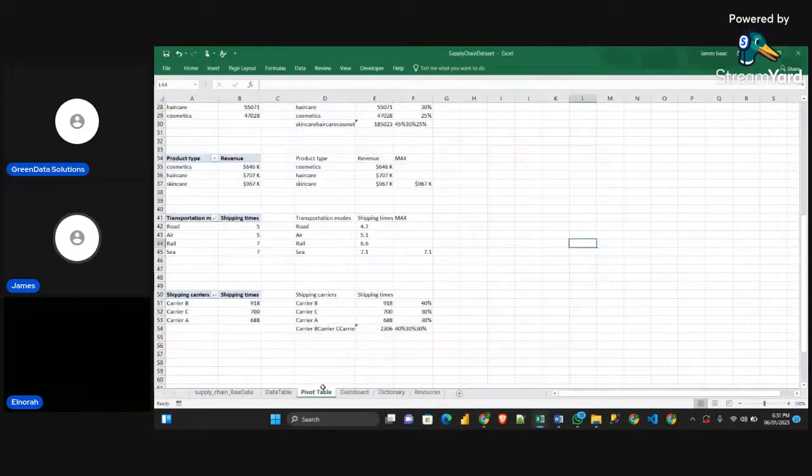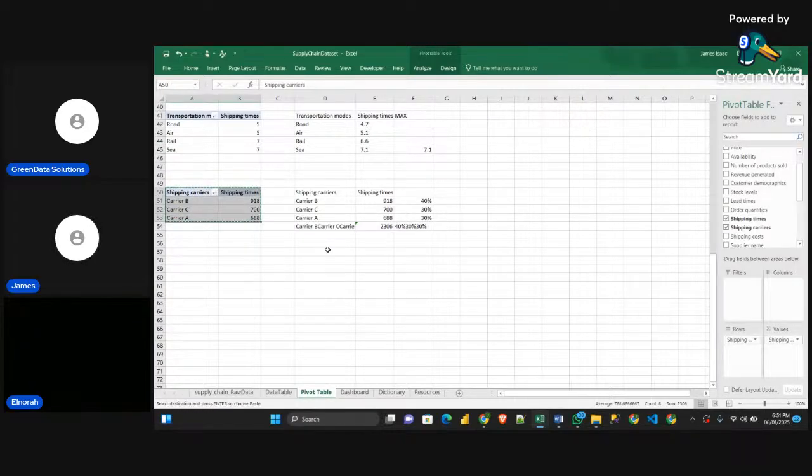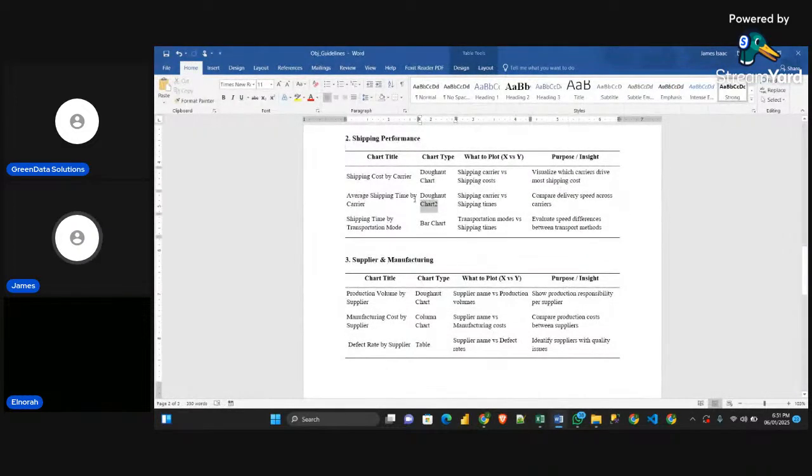Okay. So let's go to the pivot table now. Let's click on this, copy, come downward, paste. So let me, what are we plotting against? We are going to donut 2, right? Average shipping time by carrier. So shipping carrier by,